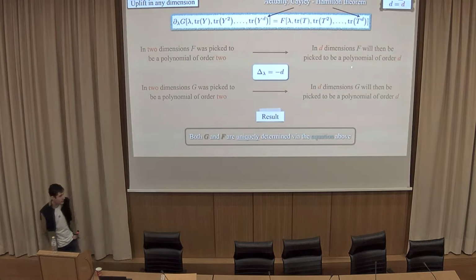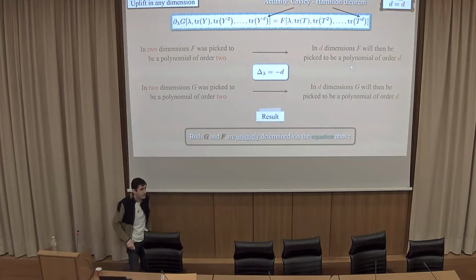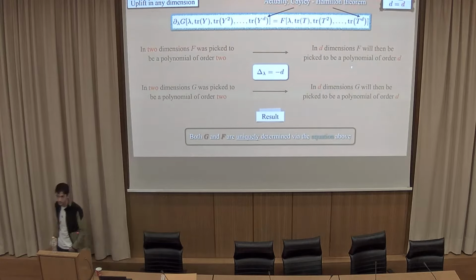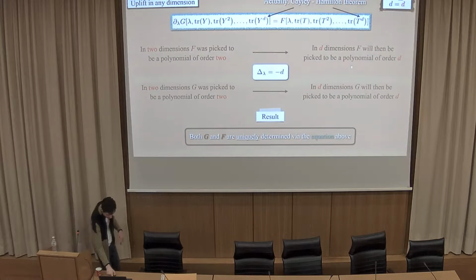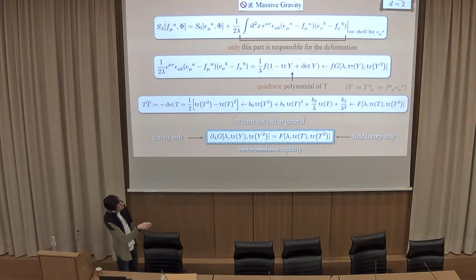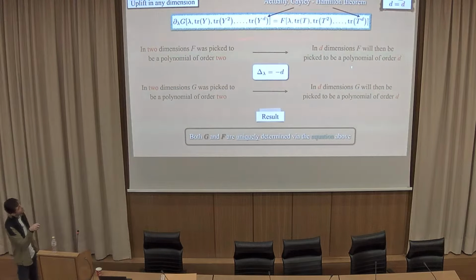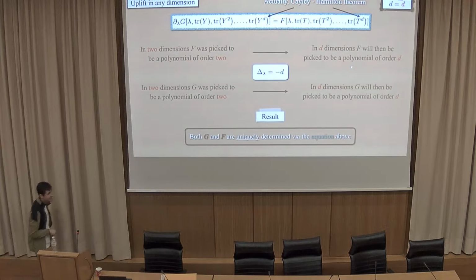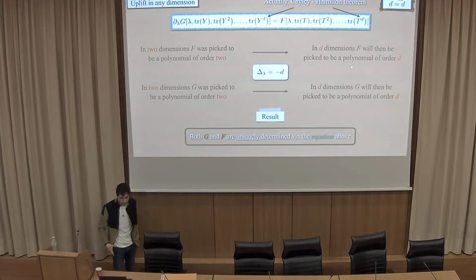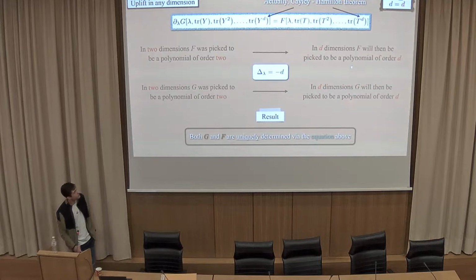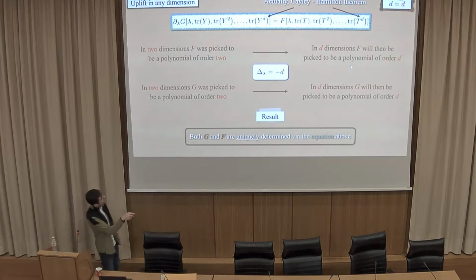We thought, okay, the most natural question is to ask how much of this structure survives some uplift to higher dimensions. And to do this, we started with the equation that I had exactly here. So this is d equals 2. You see traces of y to the power of 2, traces of t to the power of 2. In these dimensions, this equation follows this particular format here. And this is actually a result of a theorem from linear algebra. It's called the Cayley-Hamilton theorem. It says that if you have a d by d matrix, only the first d powers of that matrix are independent of each other. So necessarily this equation takes this form.